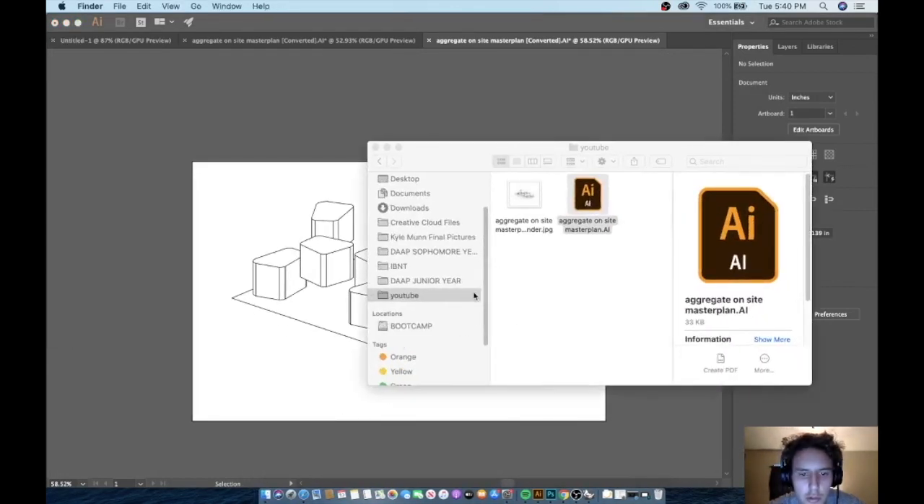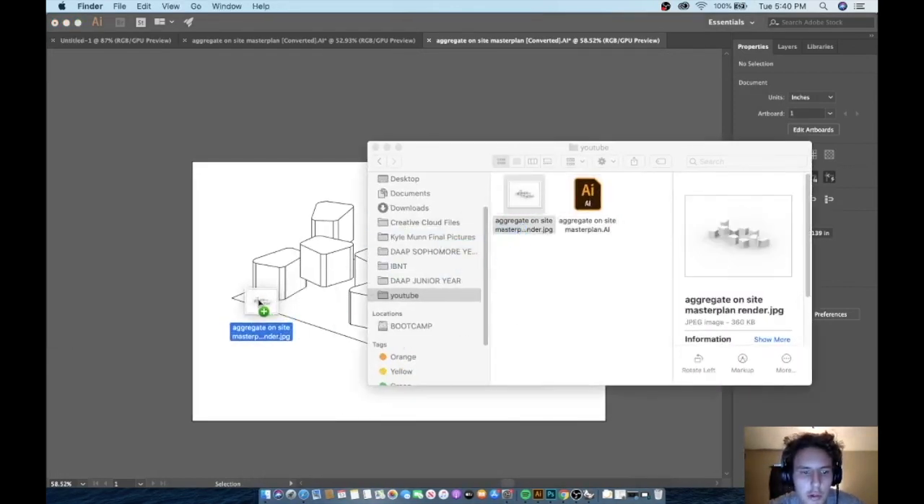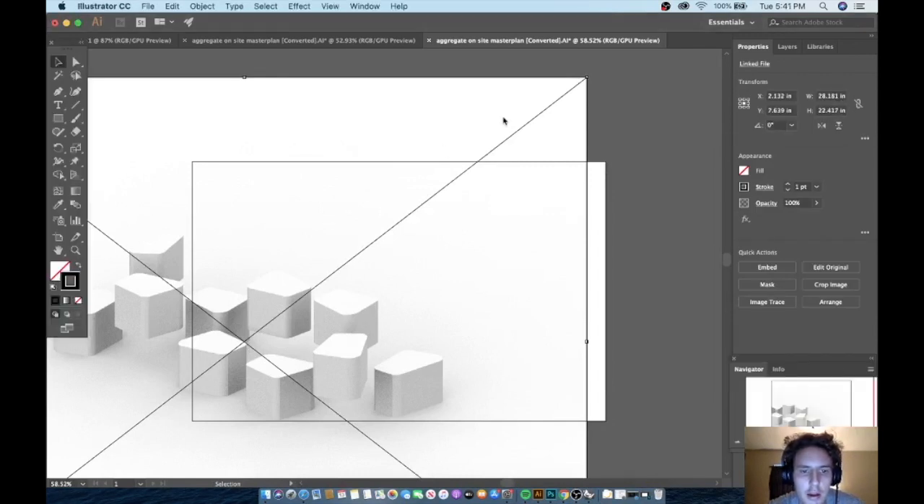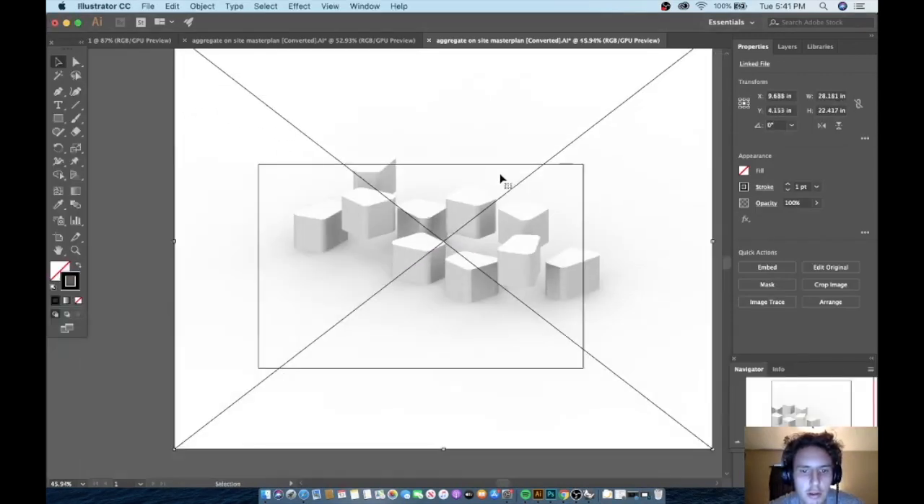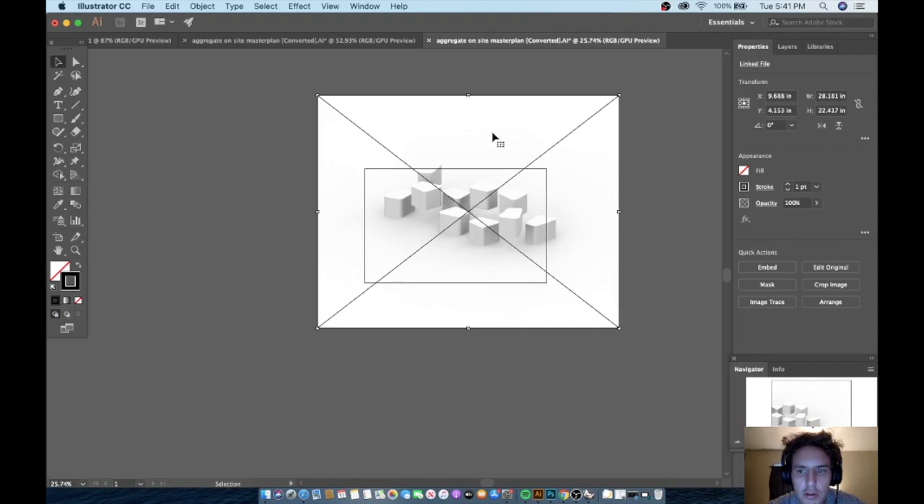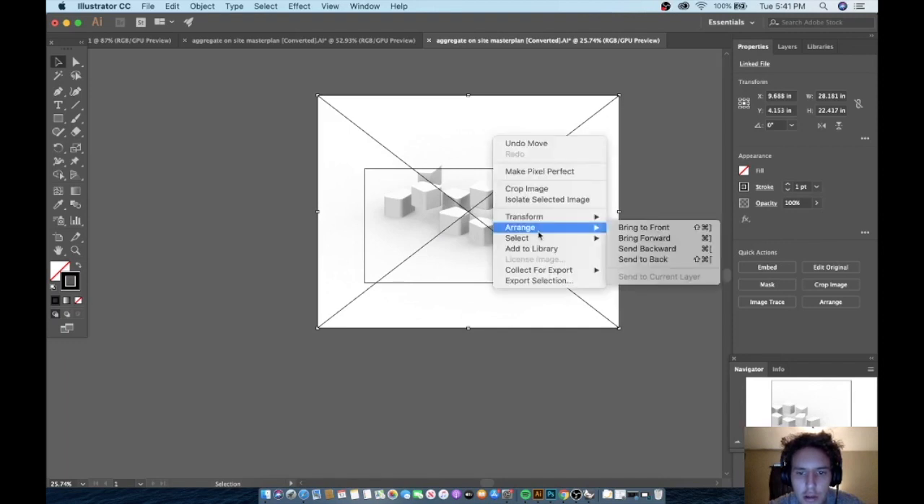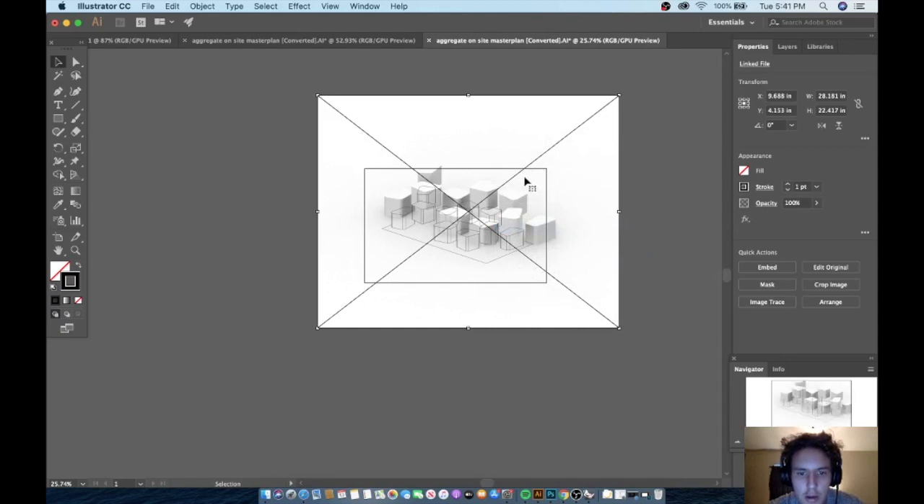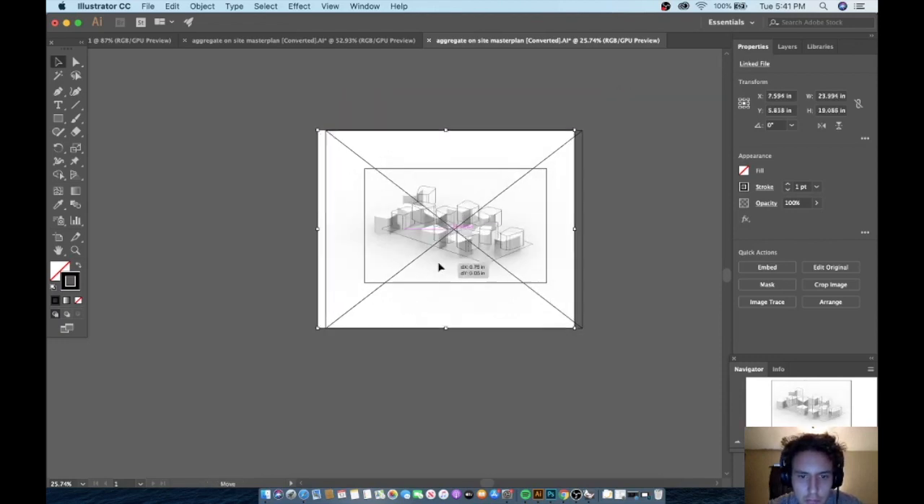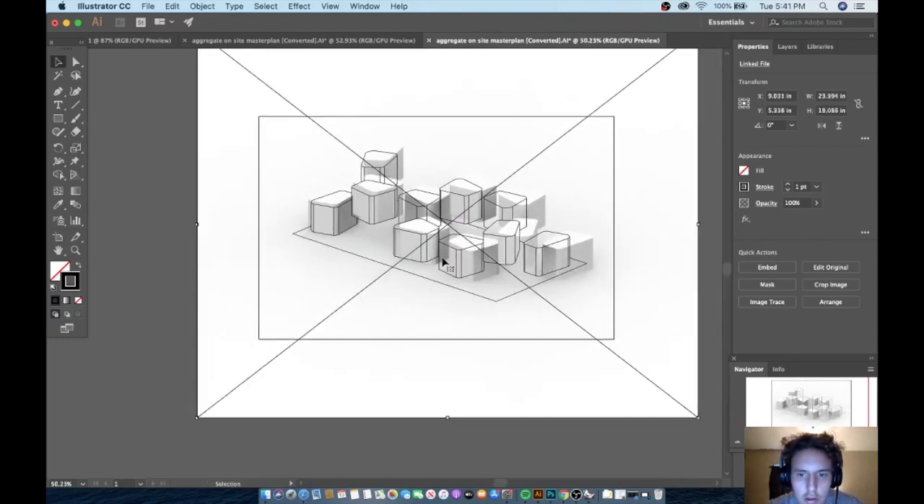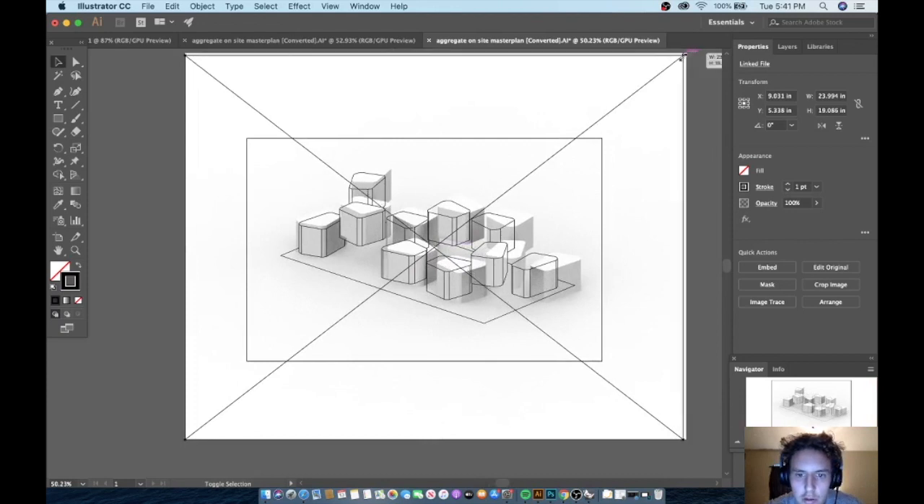So now we're going to pull in our render that we made, and it's not going to be the same scale or anything. In order to scale it, we're just going to right click on it, arrange, send to back, then our line work should pop up in front of it. Now when you scale it down, make sure you're holding shift